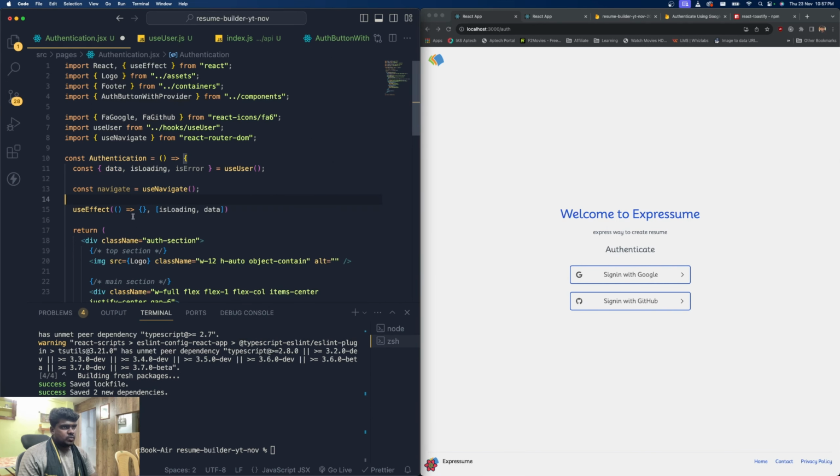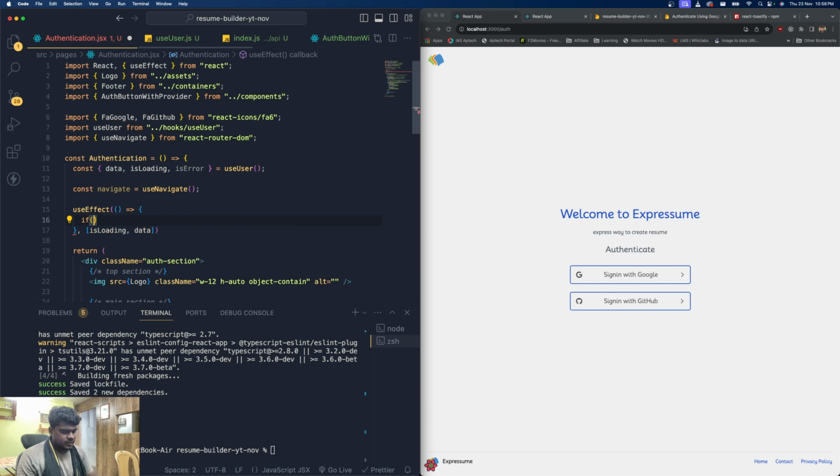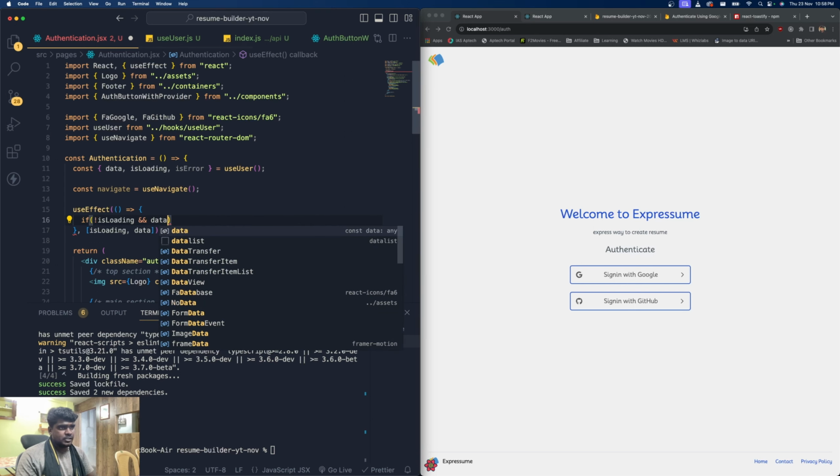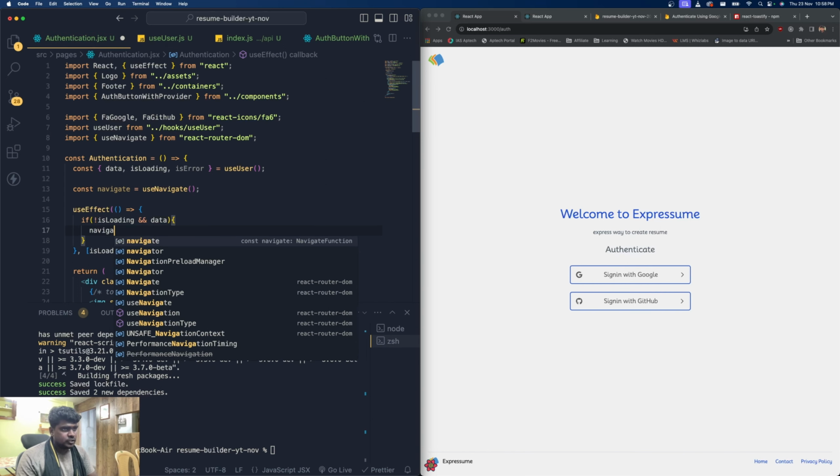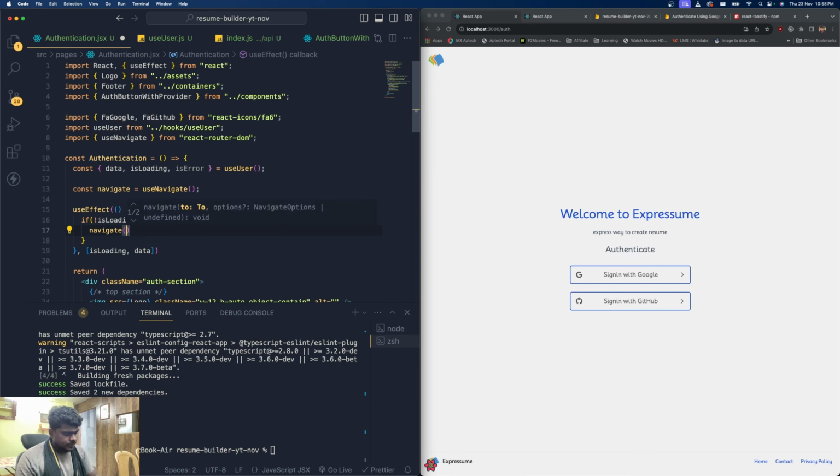If there is any change over here, I need to push: if the data is not loading, that means it's already loaded, and if it has the data, which means the user is already logged in, then what we have to do is push the user to the login screen. Replace, it's going to be